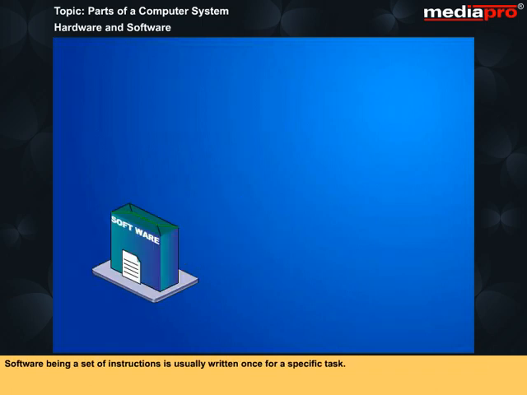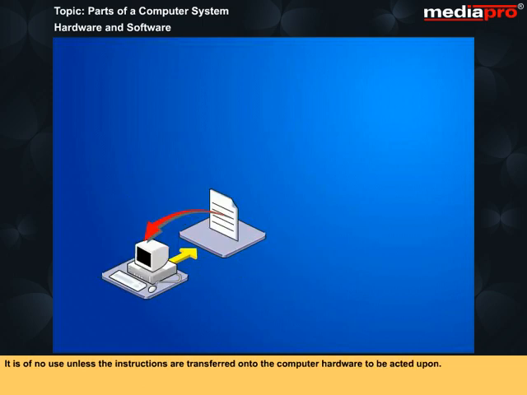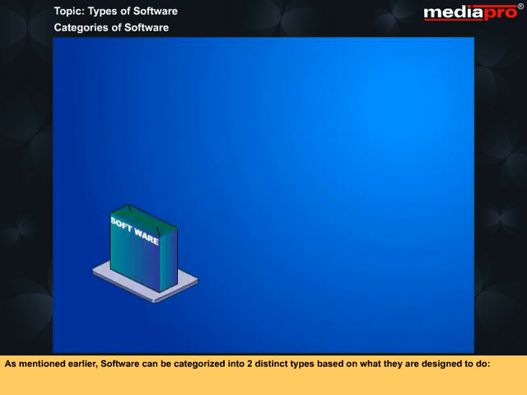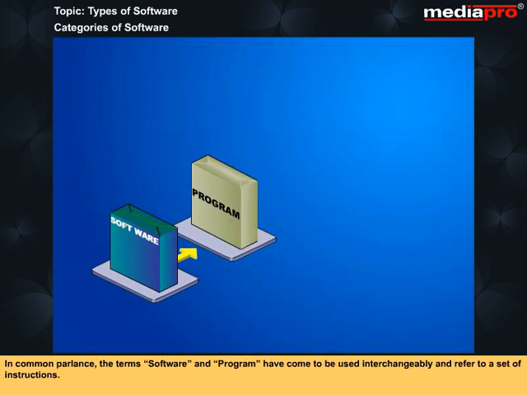Software, being a set of instructions, is usually written once for a specific task. Software is usually stored on chips, disks, and floppies. It is of no use unless the instructions are transferred onto the computer hardware to be acted upon. As mentioned earlier, software can be categorized into two distinct types based on what they're designed to do: system software and application software. In common parlance, the terms software and program have come to be used interchangeably and refer to